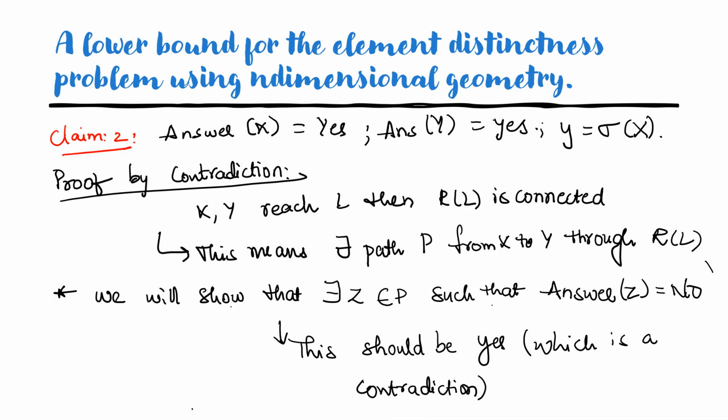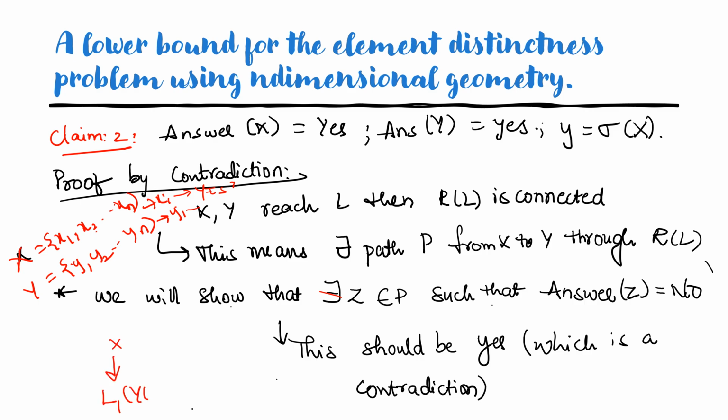So for claim 2, I'm taking 2 points as I defined in the previous slide. I'm going to take 2 points, capital X, x1 and x2 and so on, xn, and y is the permutation of x, y1, y2 and so on, yn. For any instance xi and yi, they should reach the node S, but they should reach distinct S nodes. That means x should reach L1, which should be an S again, and y should reach L2, which should be an S again. Why are we doing this?